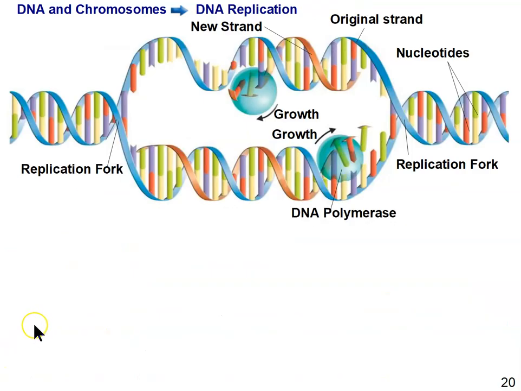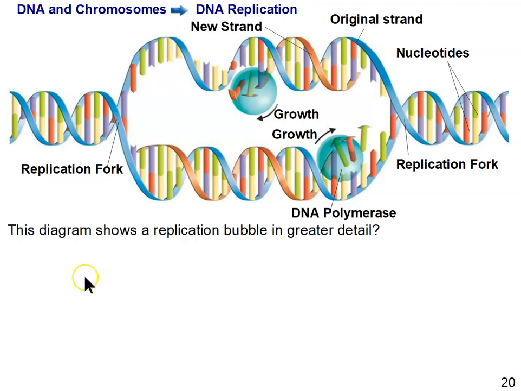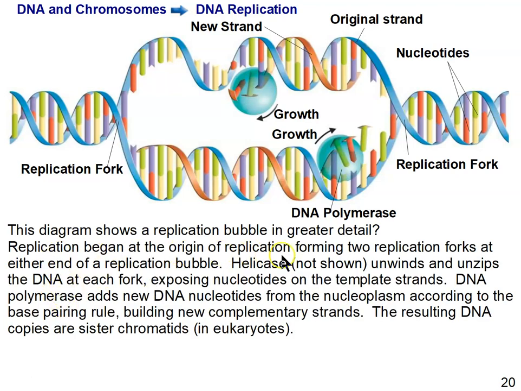So if we were to zoom in on a replication bubble, this is what it would look like. And hopefully you're relating this to what you're working with in the lab, with the paper models, because what you did during replication is the same thing that's shown here. So replication begins at the origin of replication, which would have been about right in the middle of this replication bubble. And 2 replication forks are formed